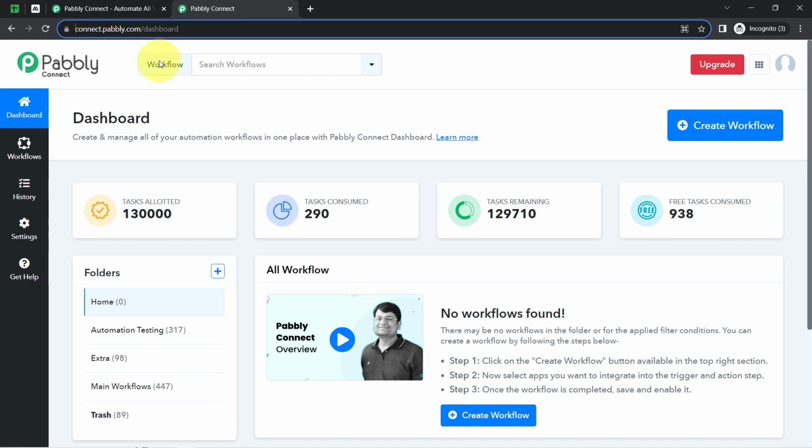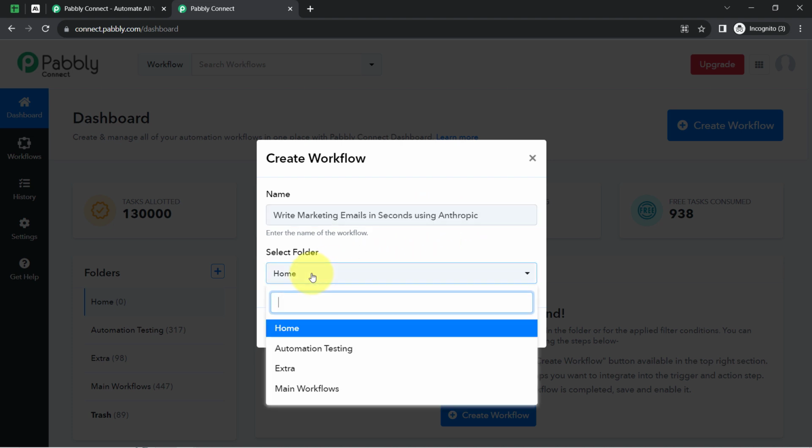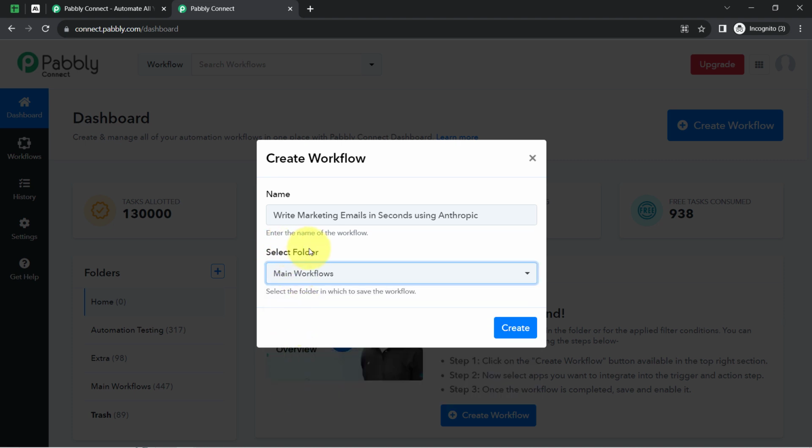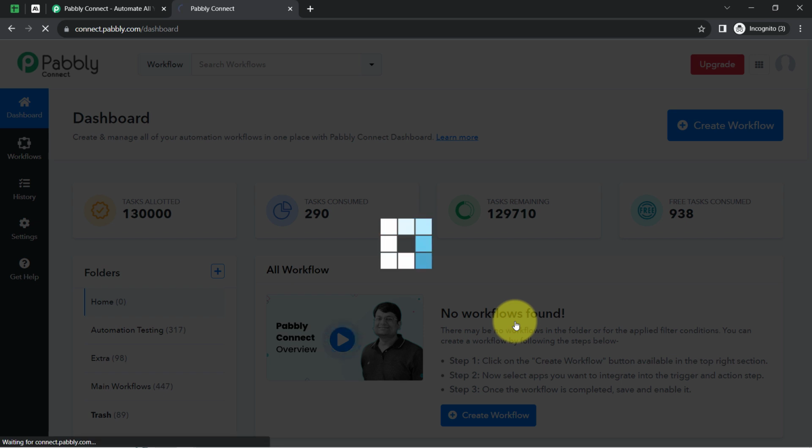Now once you log in and reach the dashboard of Pabbly Connect, firstly you will have to click on this blue button, that is create workflow, and then you will have to provide a random name to your workflow, to your automation. Okay, so in my case I have directly pasted the name as write marketing emails in seconds using Anthropic, and now I will select the folder in which I want to create my automation workflow. Okay, so I have selected this main workflows. Now clicking on create,